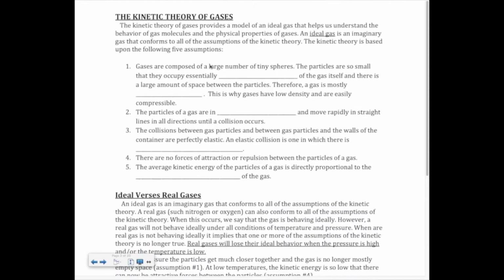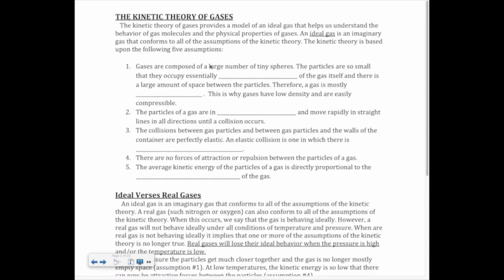So we'll move ahead to page 2 in your notes, fill in the blanks, and discuss what kinetic theory is and what an ideal gas is. I will be reading the notes. You may skip ahead as you need to, but I'm just reading for those who need to hear the